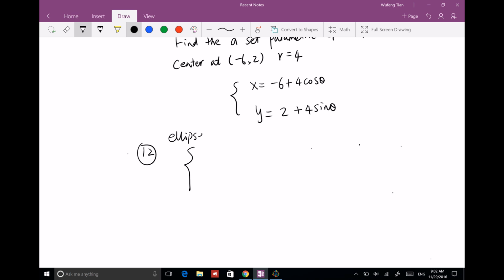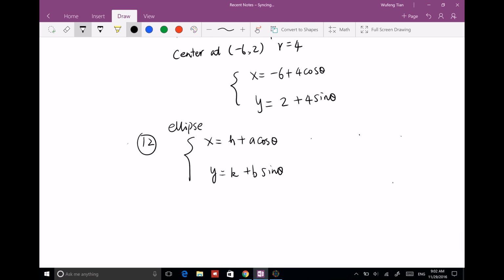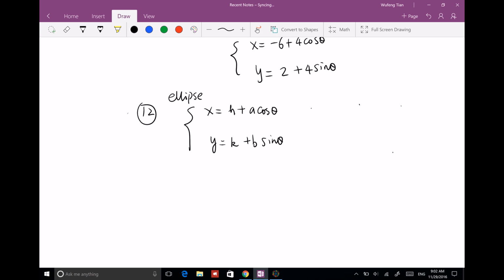So we look at the ellipse. Okay, so x equals h plus a cosine theta, y equals k plus b sine theta. Okay, so we would like to find the rectangle equation for this parametric equation. What do we do? We do x